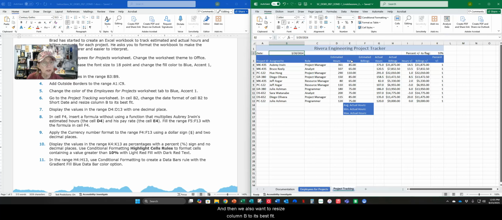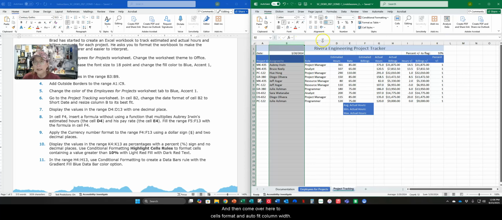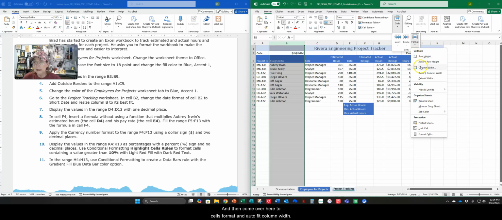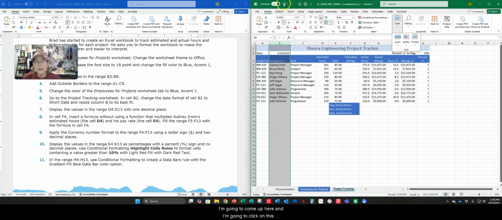And then we also want to resize column B to its best fit. Now remember, there's 2 ways you can do that. You can put your mouse over B where it's a down pointing arrow and click on it, and then come over here to Cells, Format, and Auto Fit Column Width. I'm going to come up here and click on this Undo button, just to undo that,